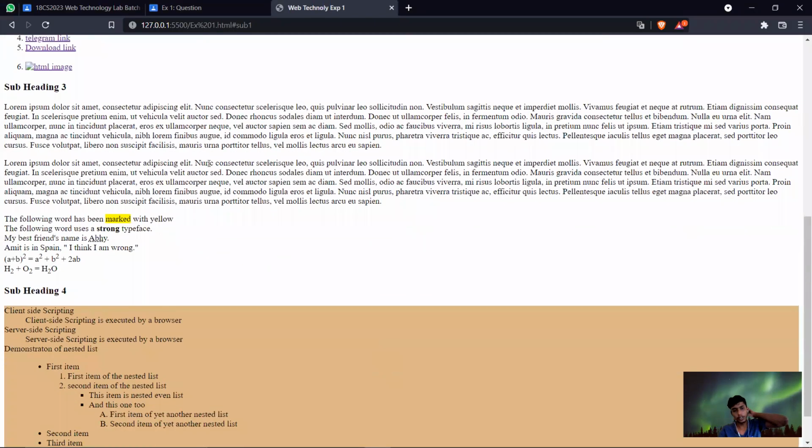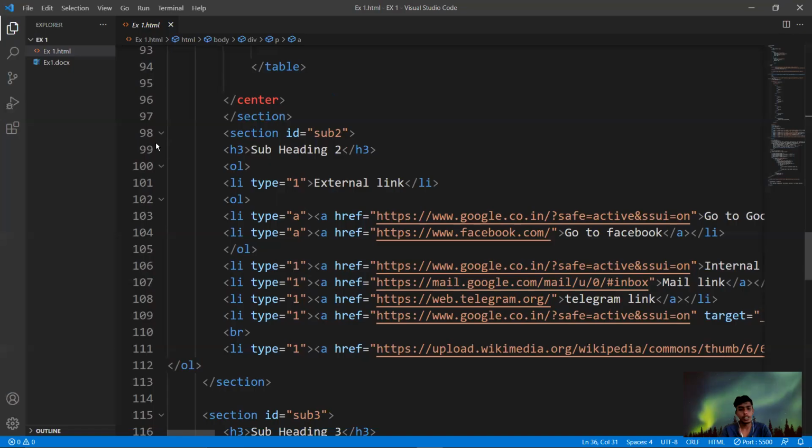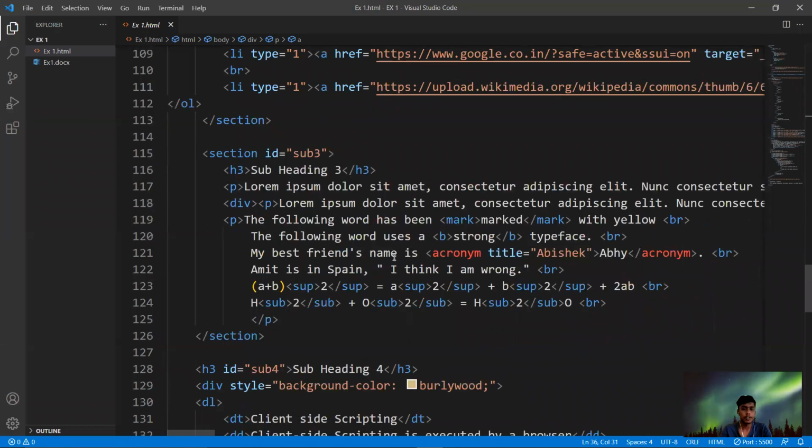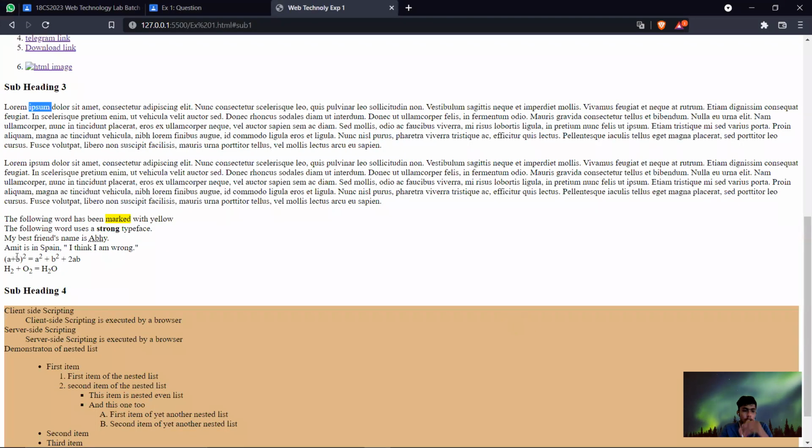So afterwards we are giving this next subheading, and the content we have been provided inside a paragraph tag. Here you notice a plus b the whole square equal to a square plus b square plus 2ab, but in a paragraph we cannot give the whole square directly. If you try to give it, it will not display.